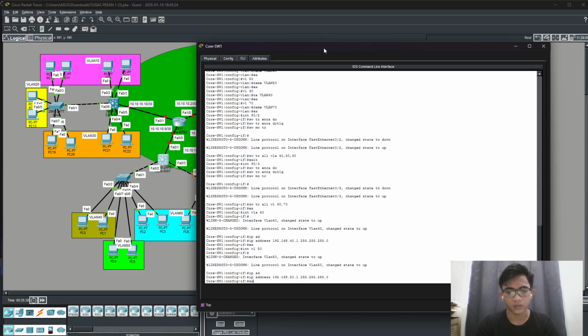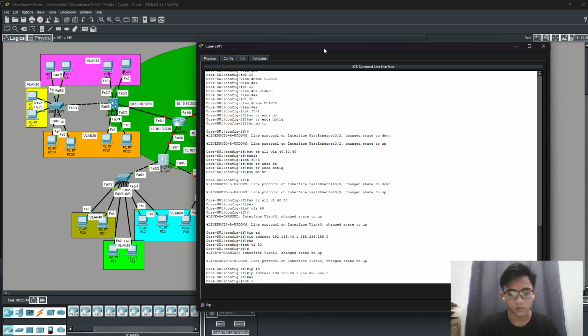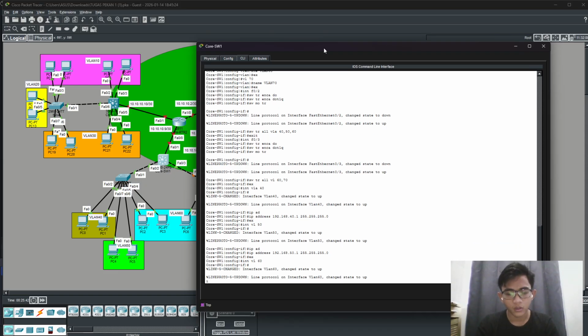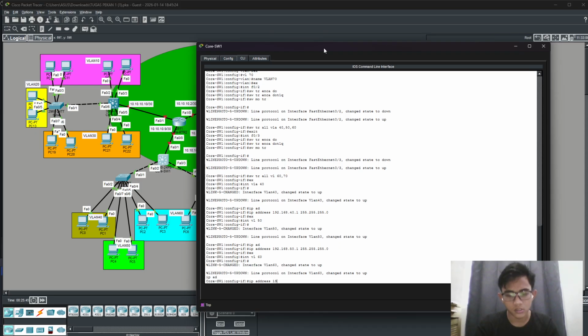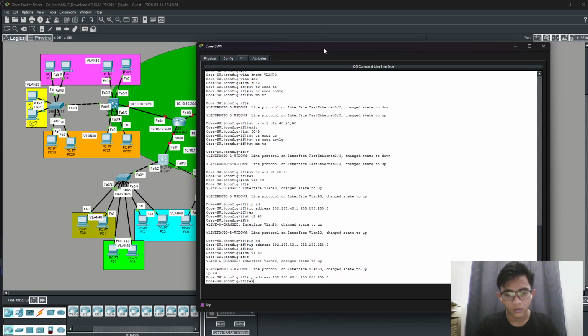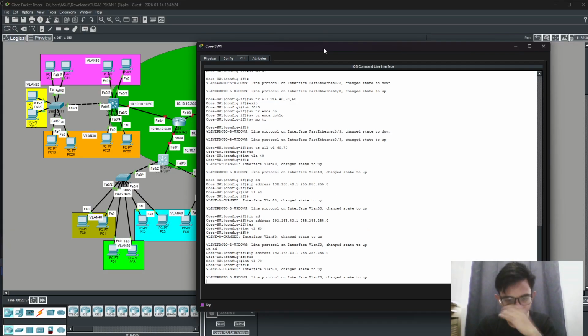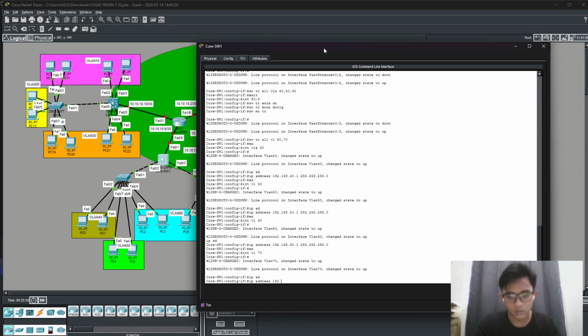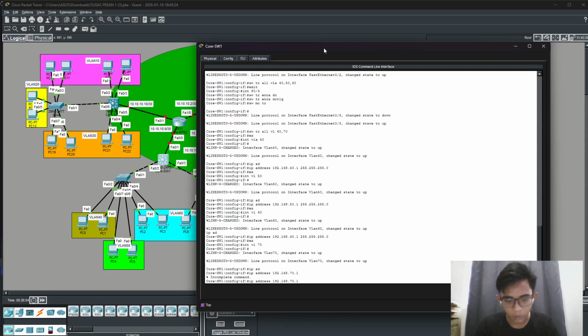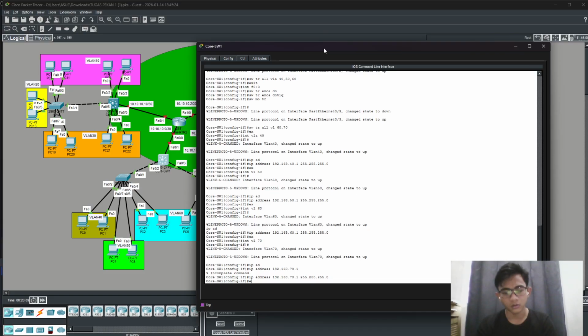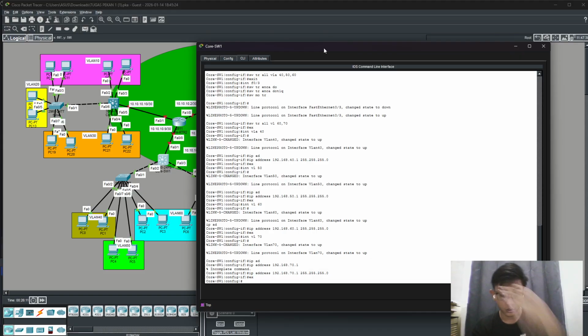Okay, exit. And next is interface VLAN 60. IP address is 60.1. Exit. And next interface VLAN 70. IP address is, okay, I'm sorry, the subnet mask, mustn't forget. Okay, exit.